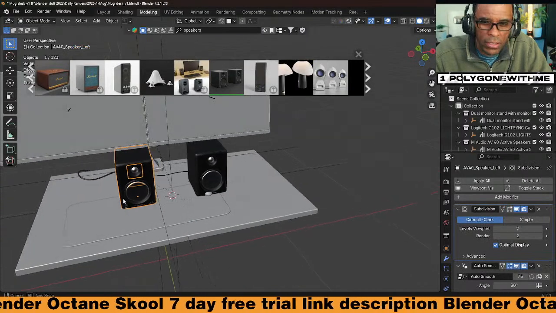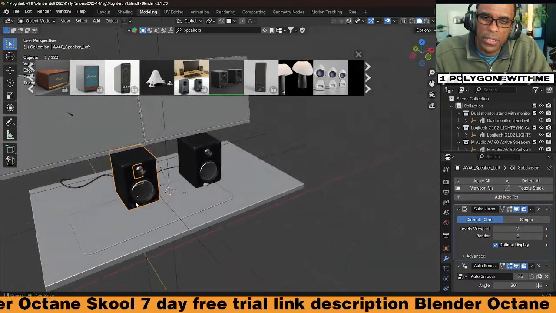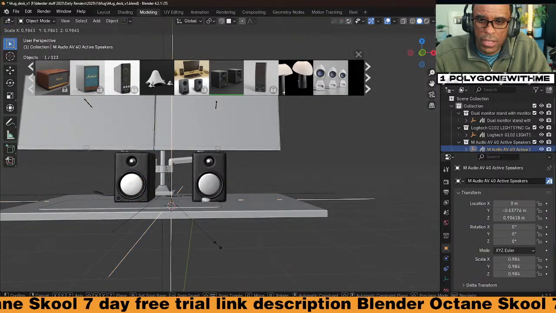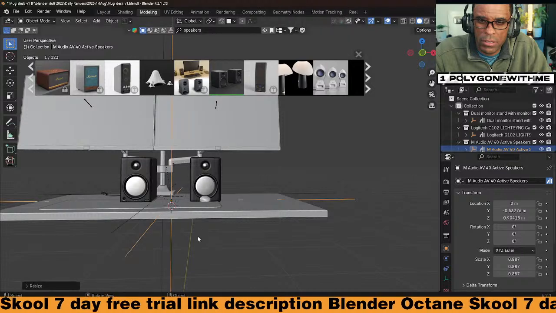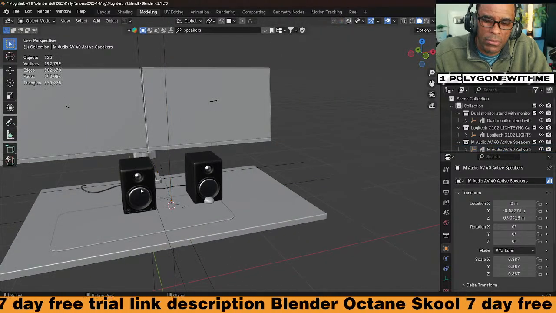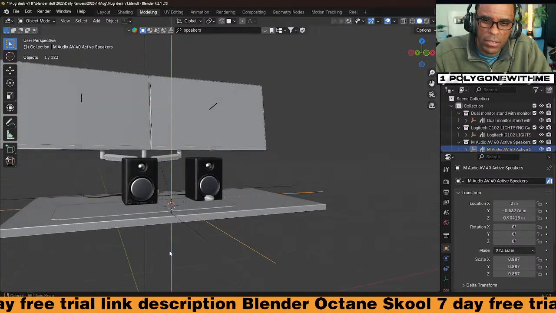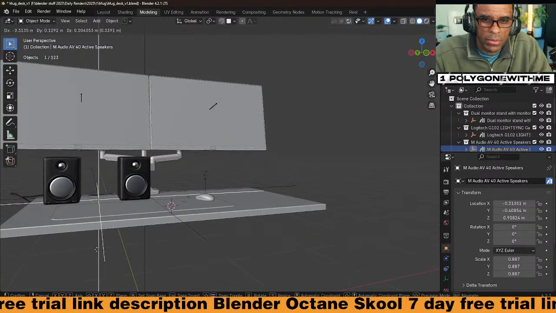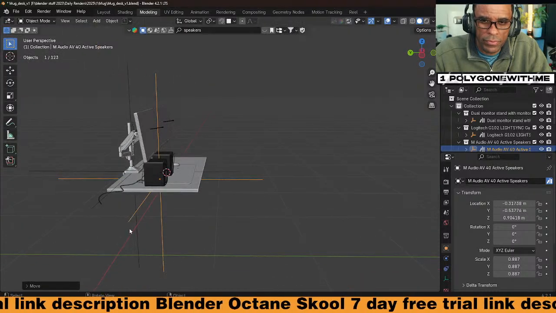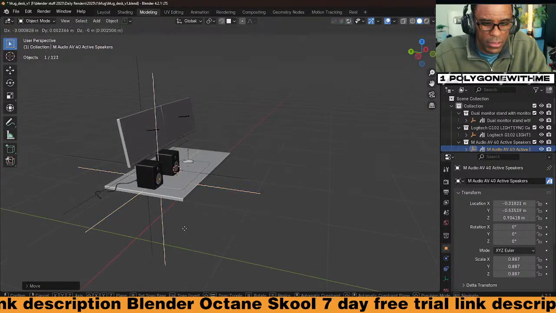You make a mug, and I'm gonna make a mug, but I'm gonna put it on my desk. I actually want to scale these down just a tad bit, right? And right now I'm just blocking out some of the pieces here for a desk, right?